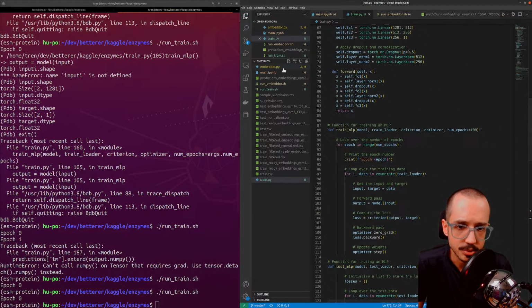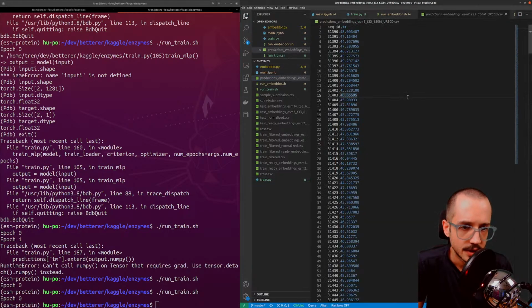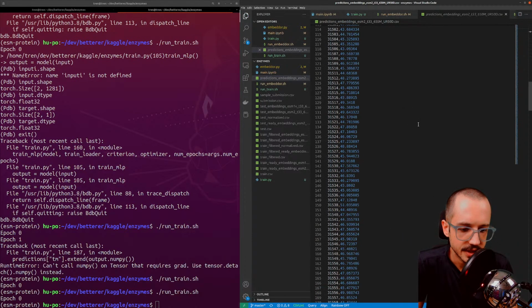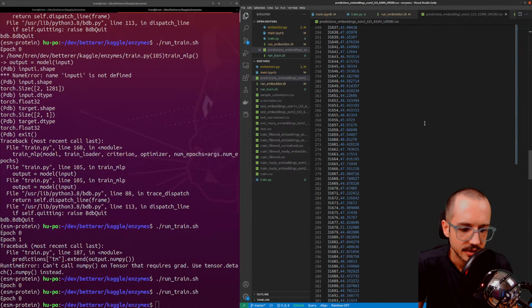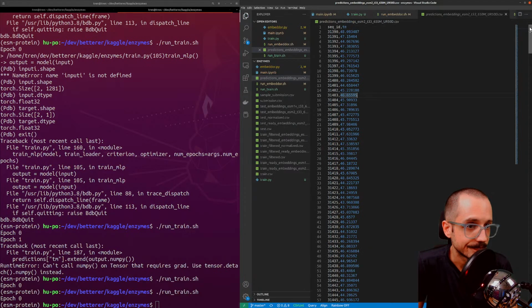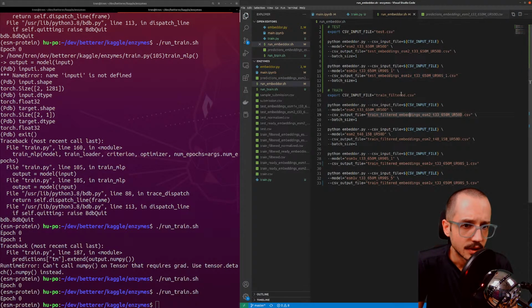Now let's look at our prediction. That is what we want, guys, right there. Sequence ID and temperature maximum. Okay. So now that we have our sequence ID and our temperature maximum,